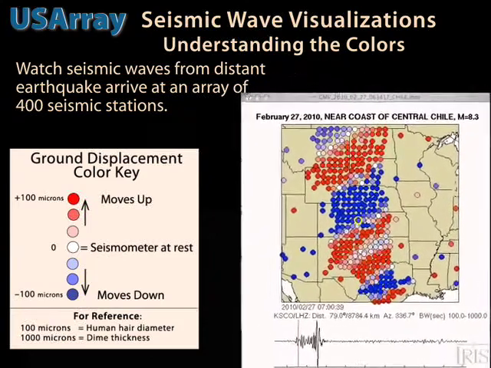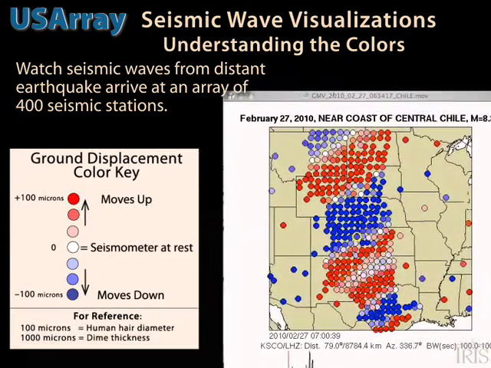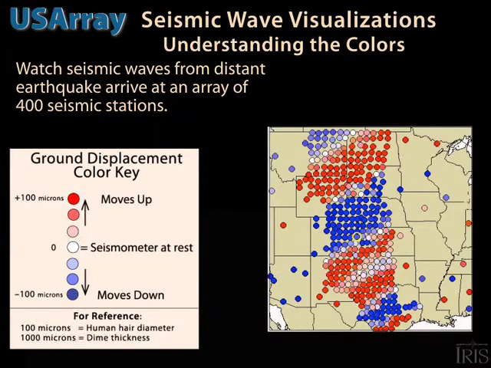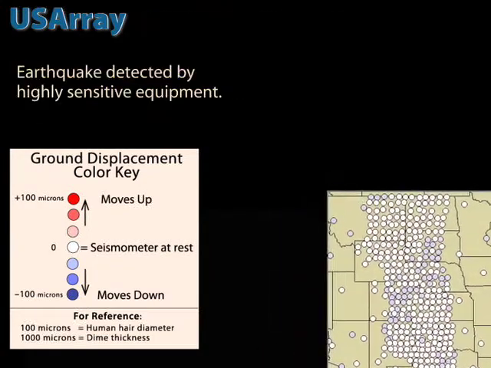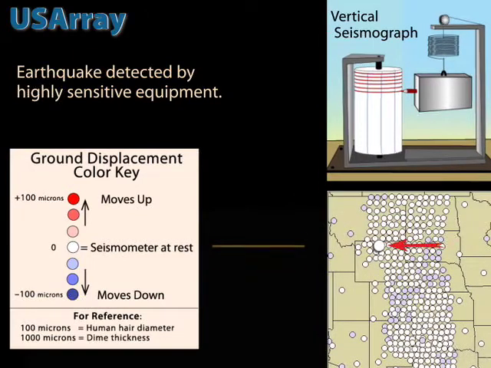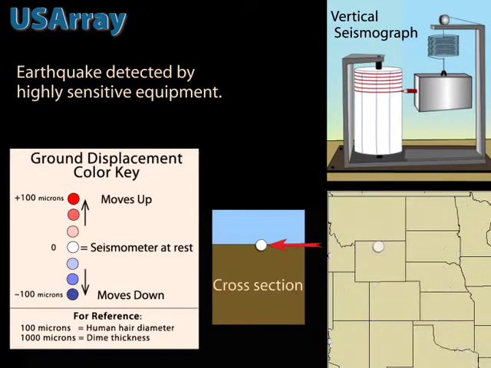USArray offers an opportunity to watch the arrival of seismic waves from worldwide earthquakes. Circles on the map represent over 400 seismic stations. We'll focus on one station out of the array. The seismometer above will register an earthquake, while the station symbol on the cross-section represents a 100 micron grain that